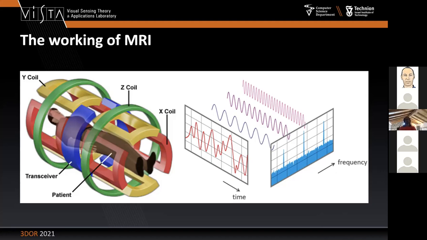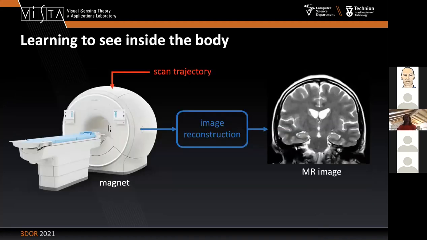And of course, these are physical devices, these are coils. You cannot drive them with an infinite amount of current, and they have some inductance, you cannot change that current very abruptly. So there are some physical constraints on how this trajectory may look. It cannot have too sharp turns, it cannot have too strong accelerations, and the speed of traversal also has some constraints. So what we try to do is to look at this imaging model